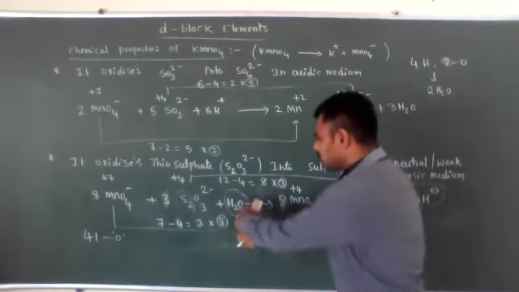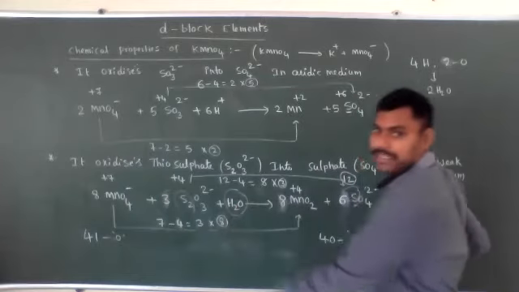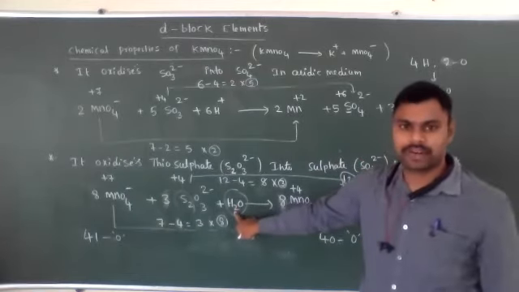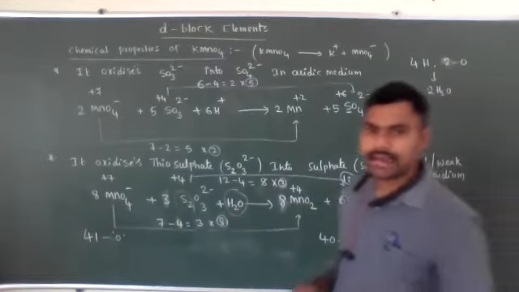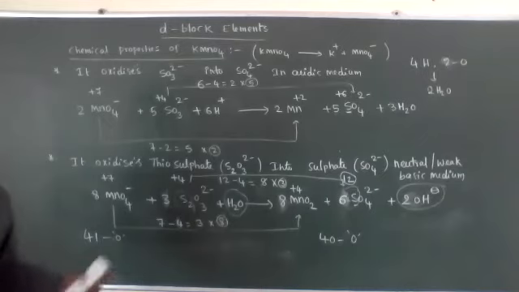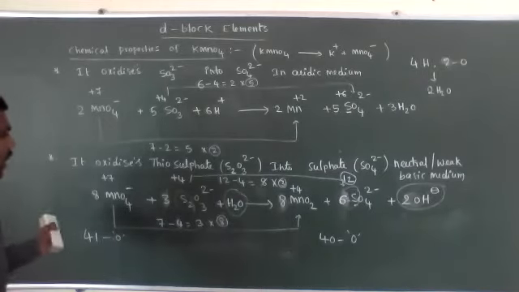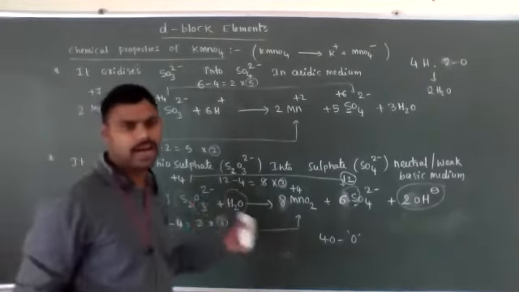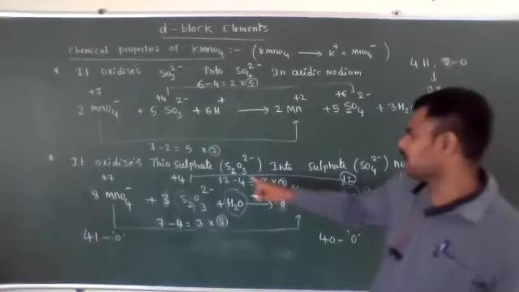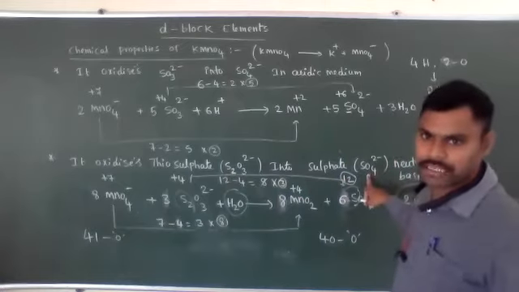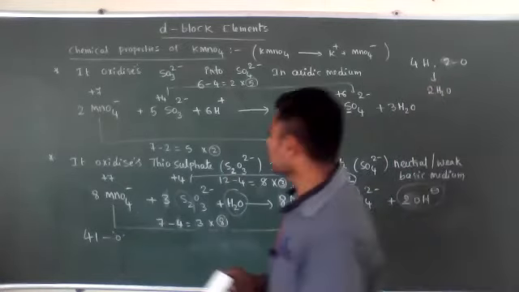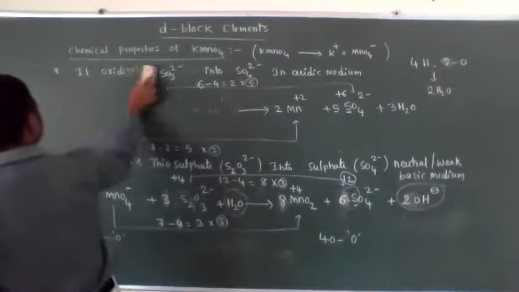Already one water molecule is present. Then one water molecule cancels, and the 2 becomes one water molecule. Now it is a balanced chemical equation. So all hydrogen atoms and oxygen atoms are balanced. So hence this is called a redox reaction. These all are redox reactions. Okay, it's very important: thiosulfate ions into sulfate in neutral or weak basic medium. Okay, one more.